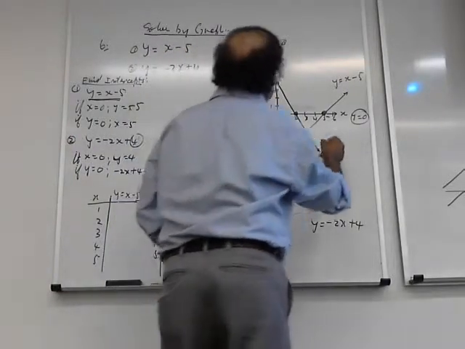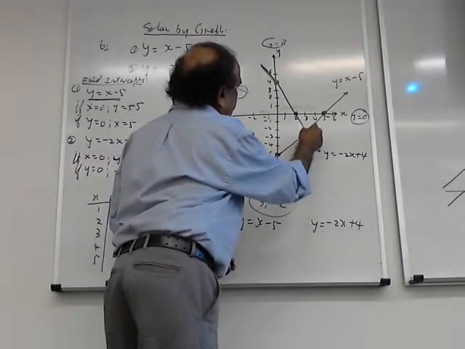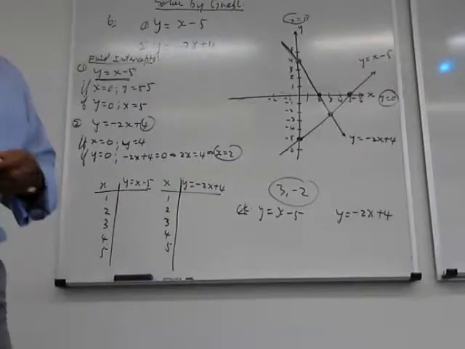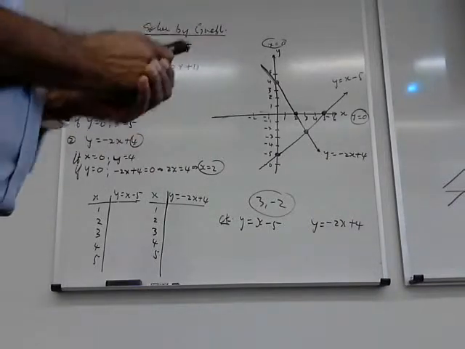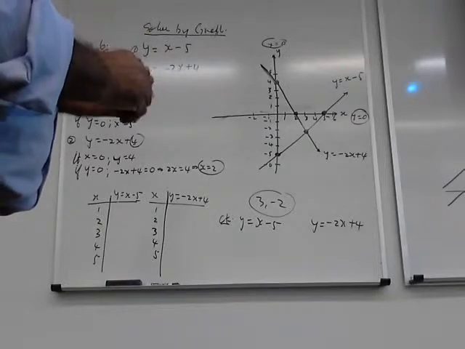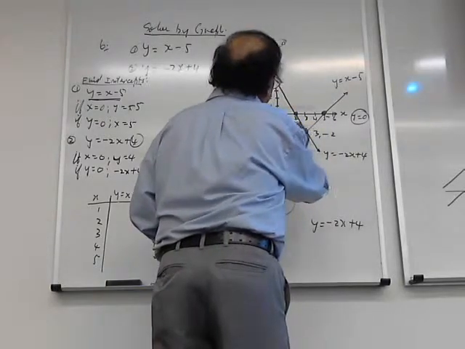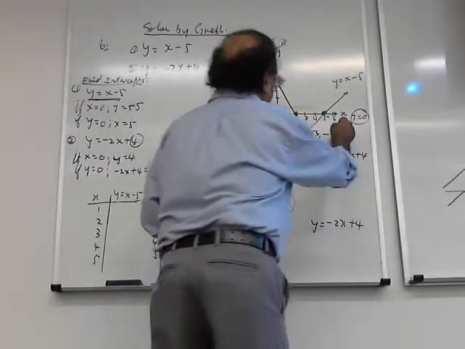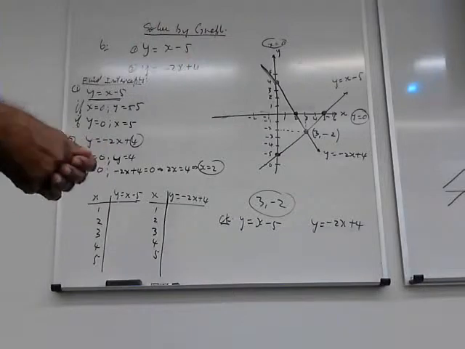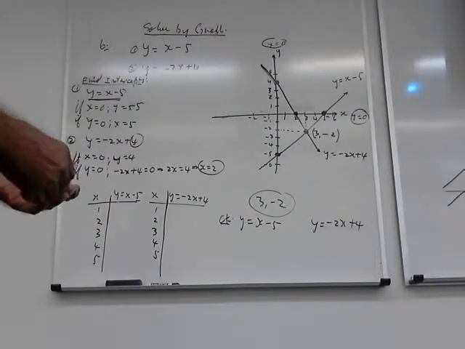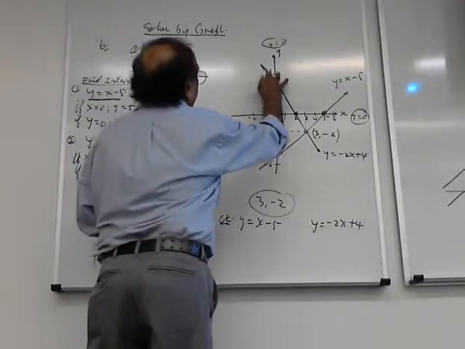And this is the graph for y equals minus 2x plus 4. And this is where they cross. Now, this graph may not be drawn to scale because my unit of measurement might be a little bit off. It's a rough drawing, and it appeared to be where x equals 3, y equals minus 2. So I would say that my solution would be that ordered pair, x equals 3, y equals minus 2, by this graph. So now, since we did a rough drawing here,